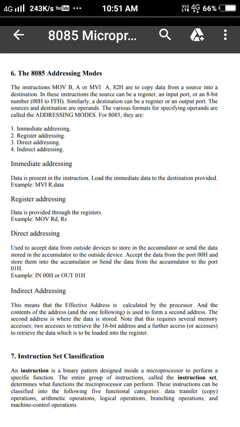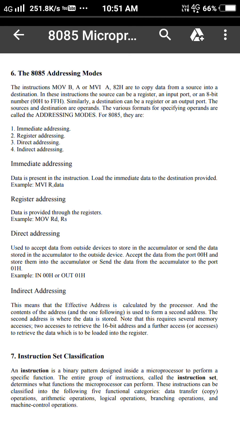In these instructions the source can be a register, a port, or any number. Similarly, it can be any memory address, and the destination can be an output port. These sources and destinations are actually the operands, and the various formats for specifying these operands are known as the addressing modes for 8085.